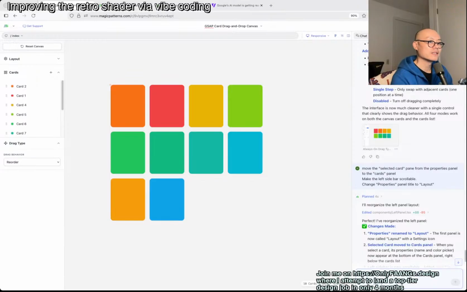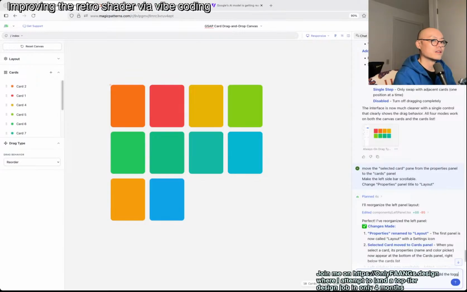Let's call it drag ghost. Maybe I'll think of a better terminology. See, this is the other thing: if you don't work on UI on the web often enough, you don't know the right terminology. I'm sure there's probably a more official term, and I'm just calling it drag ghost. Add a panel to the left called drag ghost,